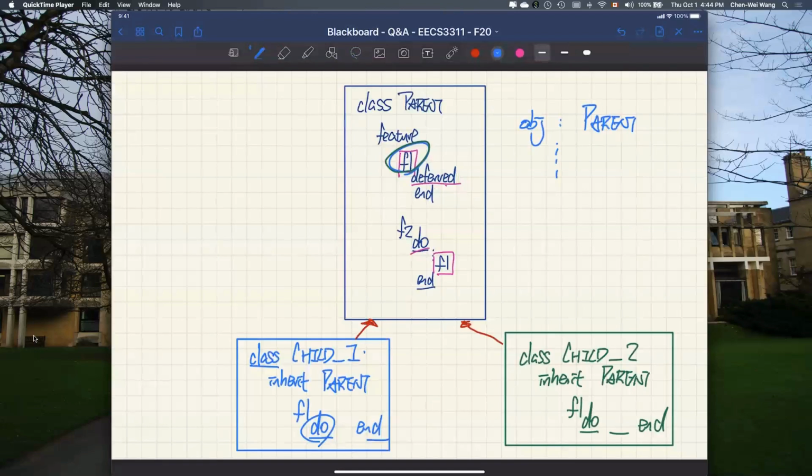So now if I say object dot, let's say F2, when I call object.f2, how many versions of F2 do I have? Only one version, which is over here. However, it boils down into two different ways of executing the body of implementation for F2 dynamically, because depending on what the dynamic type is,